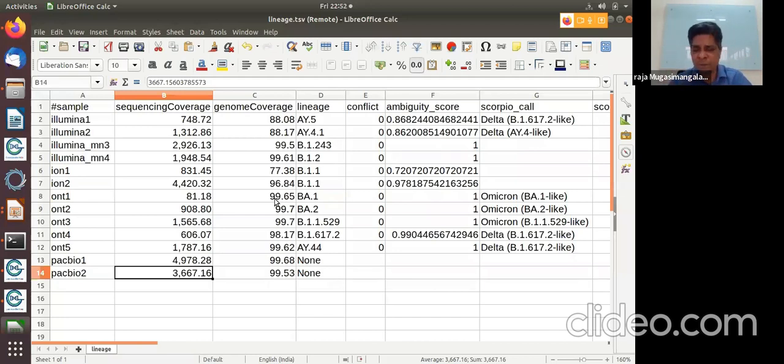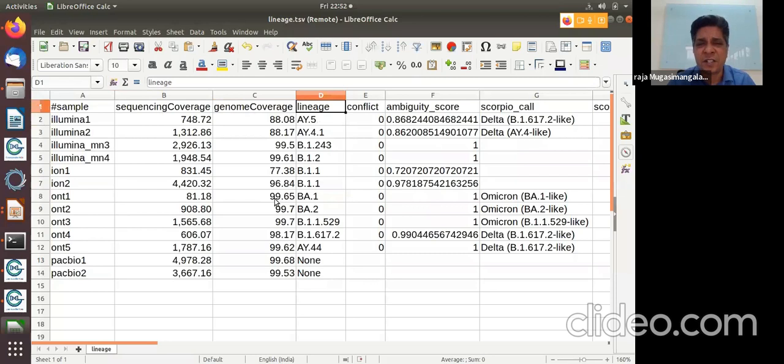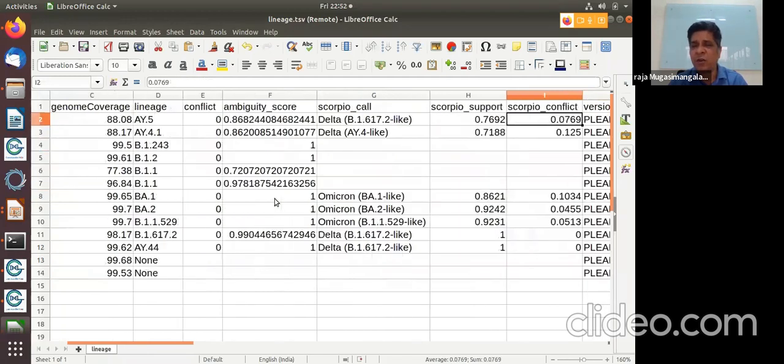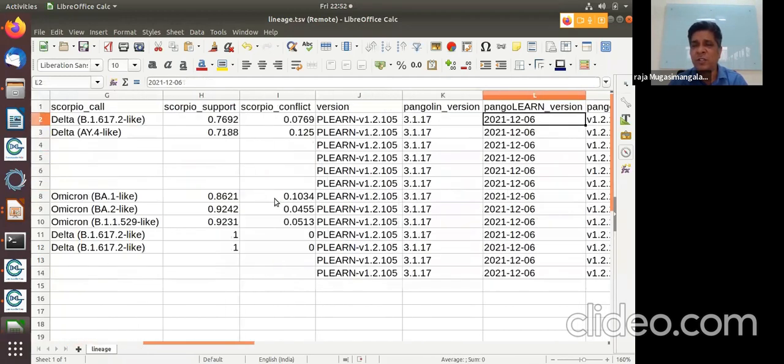I'll tell you why. But here, this is sequence coverage, this is genome coverage, and this is lineage prediction. Okay. So this is AY5, this is a Delta variant, this is also Delta variant. So this is an Omicron, right? So you can see here, Delta, Omicron. See, this BA.2 is what is more and more coming up in India, right? This is the Scorpio call, but the other one, which people still use, the Pangolin,